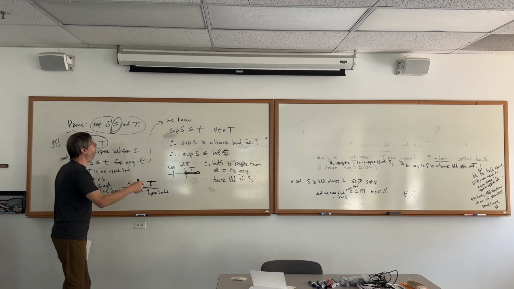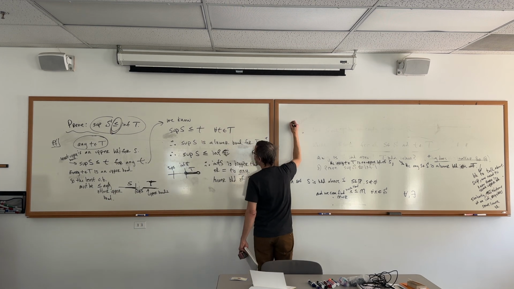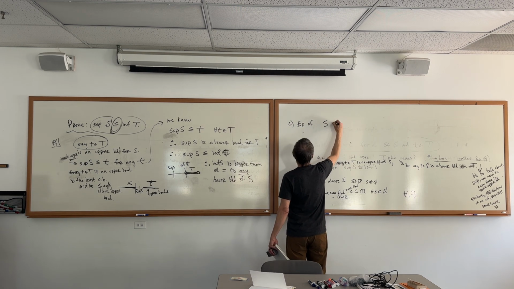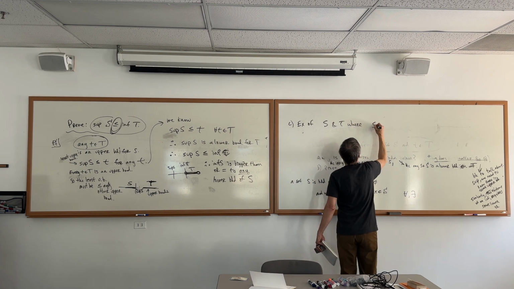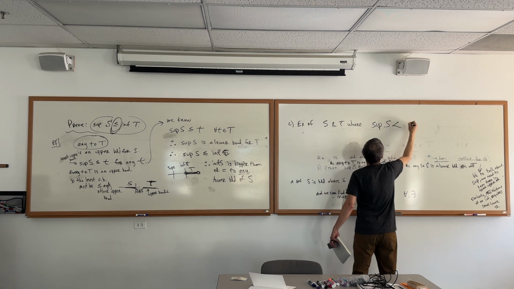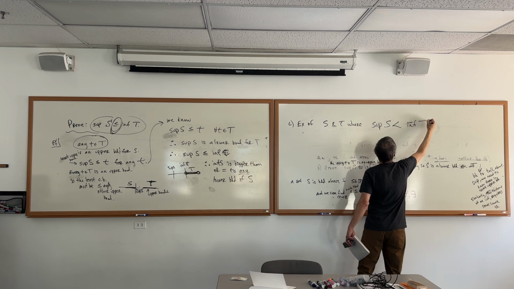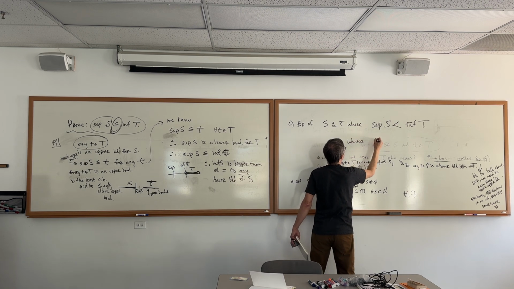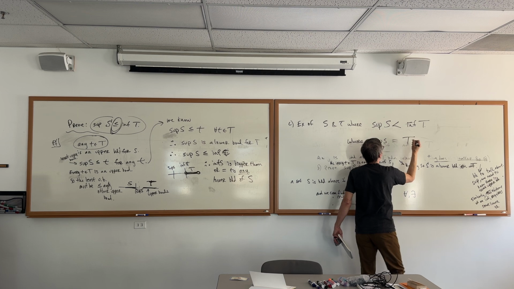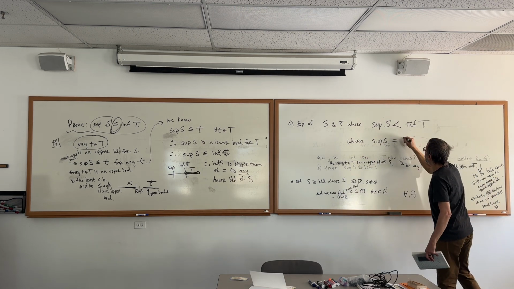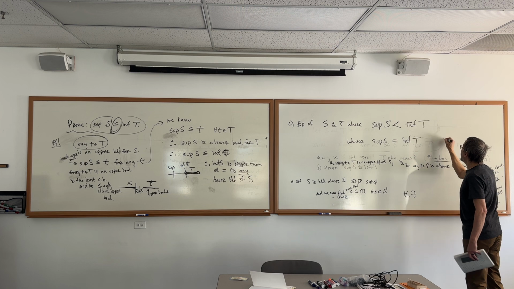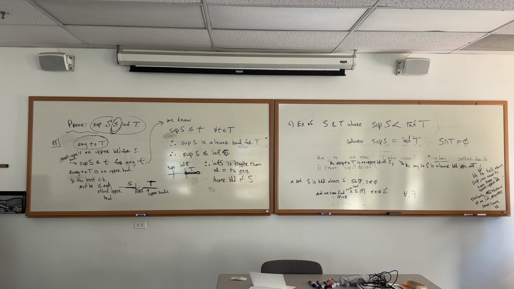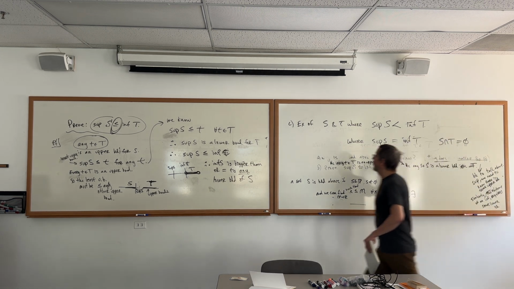So now we're going to look for examples of, so next thing here, C, is example of S and T where sup of S is strictly less than the inf of T. And then where sup of S equals the inf of T. And for this one, I'm going to say S intersect T is empty. They don't touch. So that'll make it a little bit more interesting.